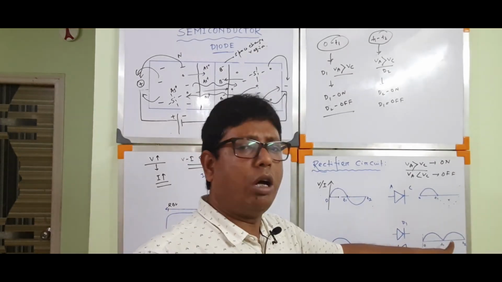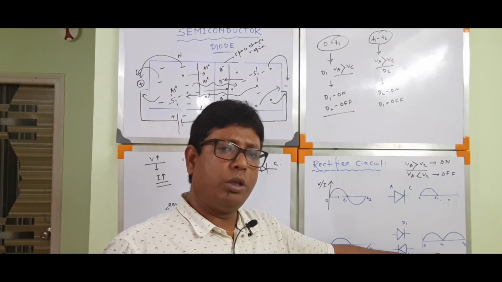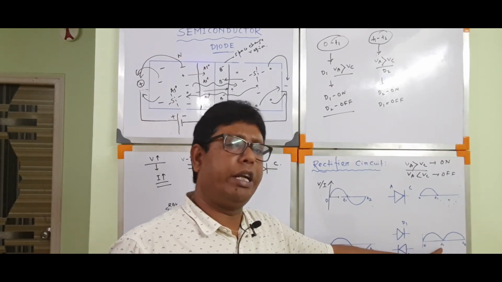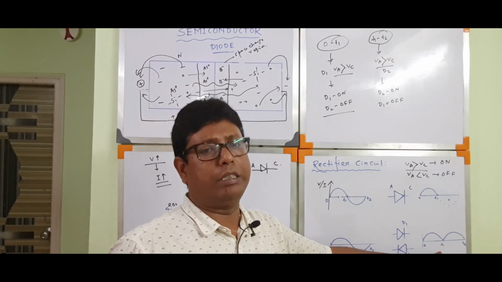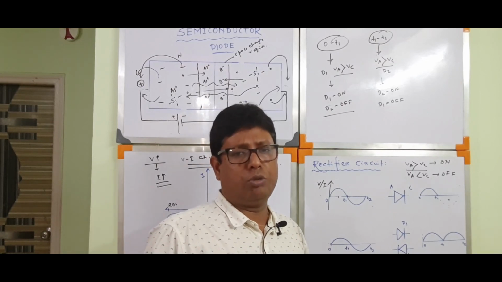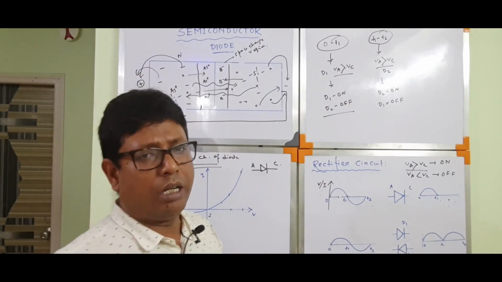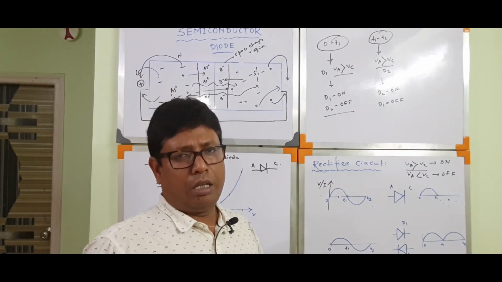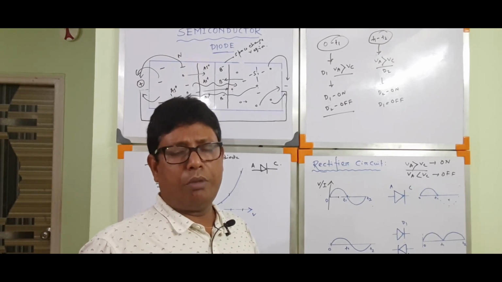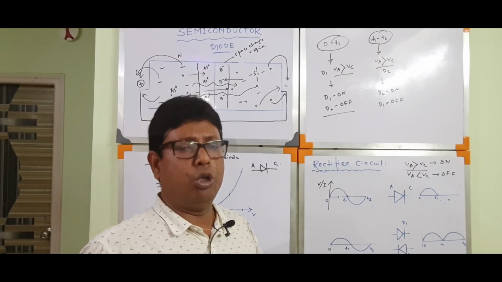So this waveform is called a unidirectional waveform, and it has some average value and some ripple factor. If you nullify the ripple content of this wave, you will get perfect DC. You can eliminate the ripple content by introducing a filter circuit. So, from the rectifier circuit we get DC from an AC signal. Initially, by using diodes we get a unidirectional waveform. After that, by introducing a filter circuit we get a perfect or pure DC signal.